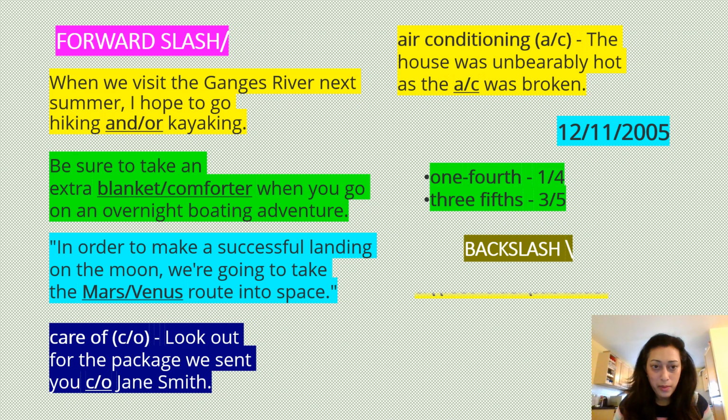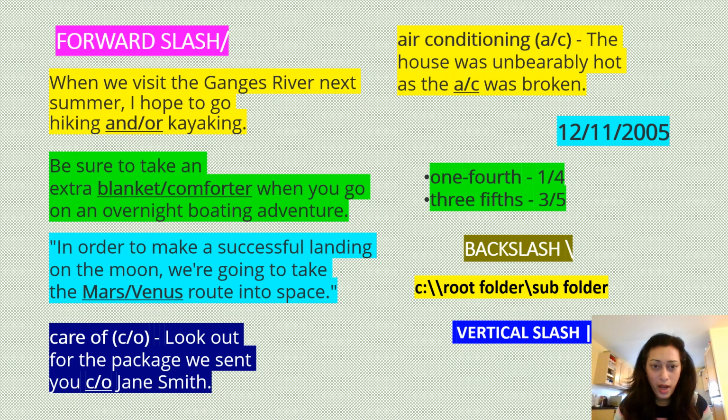For example, "When we visit the Ganges River next summer, I hope to go hiking and/or biking." The forward slash can also be used in text as a substitute for the phrase "and or." "Be sure to take an extra blanket/comforter when you go on an overnight boating adventure." A forward slash is going to indicate a relationship between two things. "In order to make a successful landing on the moon, we are going to take the Mars/Venus route